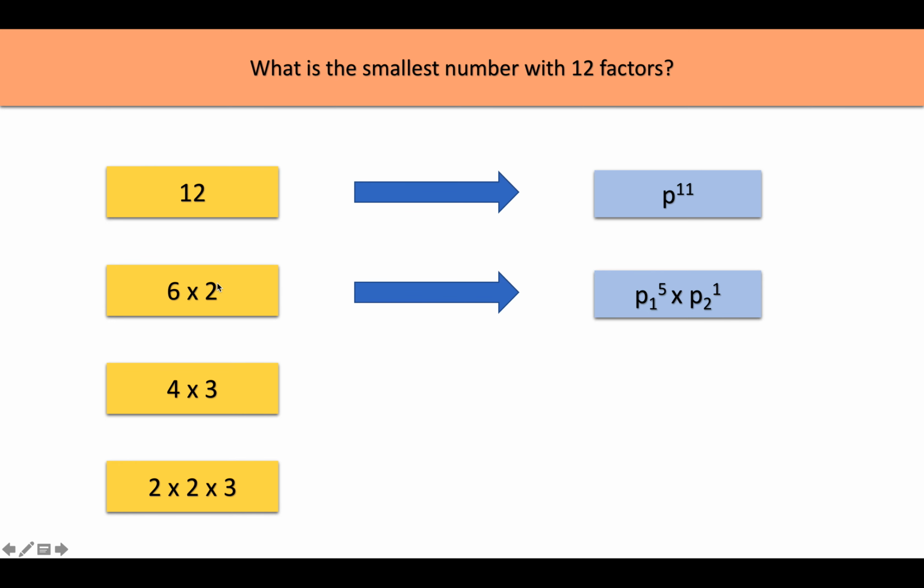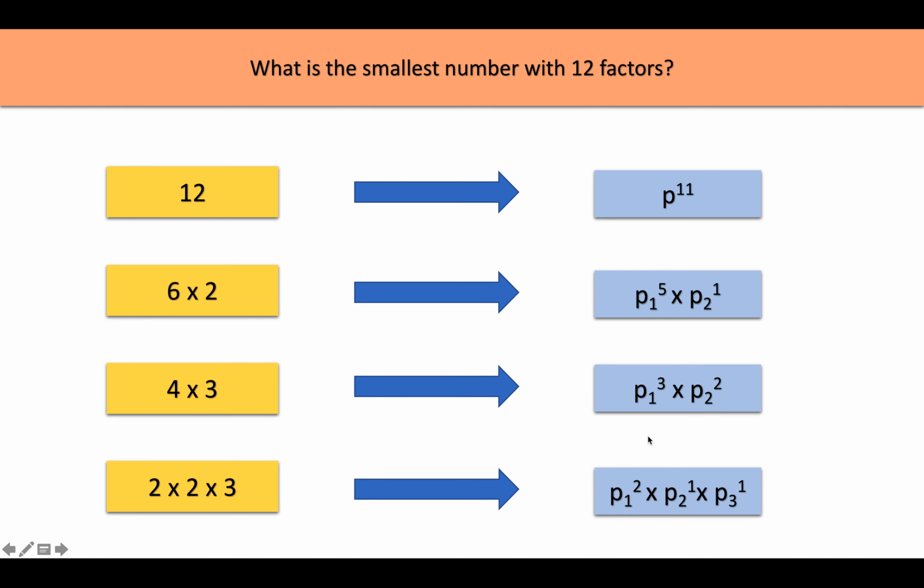So now try to go from the left to right. So for the third one we'll have 3 and 2 as the exponents. For the fourth one we are going to have 1, 1 and 2 as the exponents. So whenever you don't understand how we're going from left to right, first pause the video, see how we're going from right to left, and then try to understand how we're going from left to right, right?